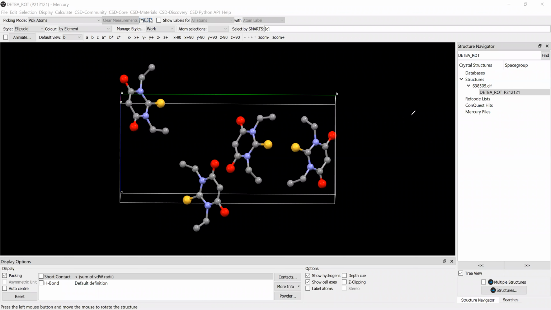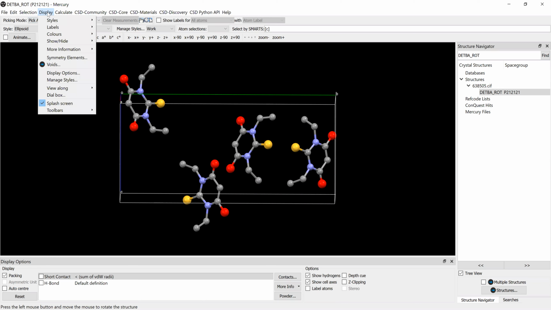This is one thing you're going to have to do in your Mercury assignment: generate a picture just like this of all the symmetry equivalent entities in the unit cell. But you're also going to have to show the different types of symmetry elements. And so once you have this picture here,